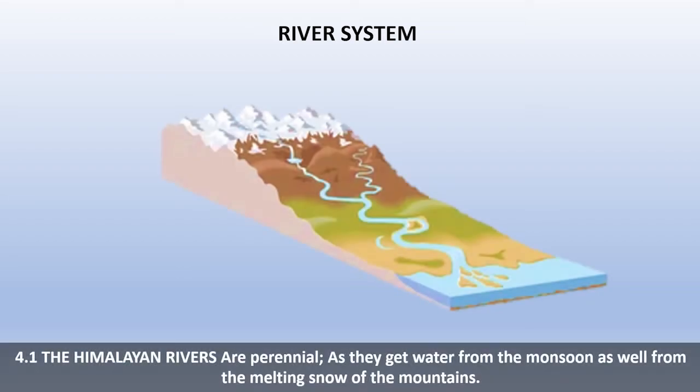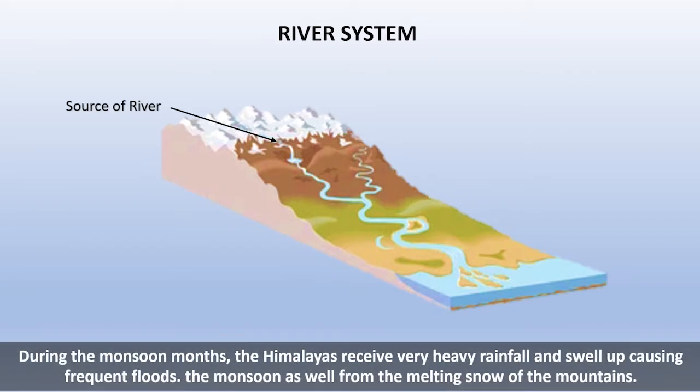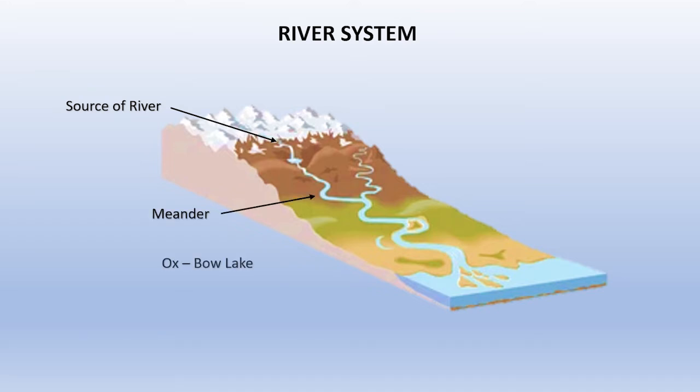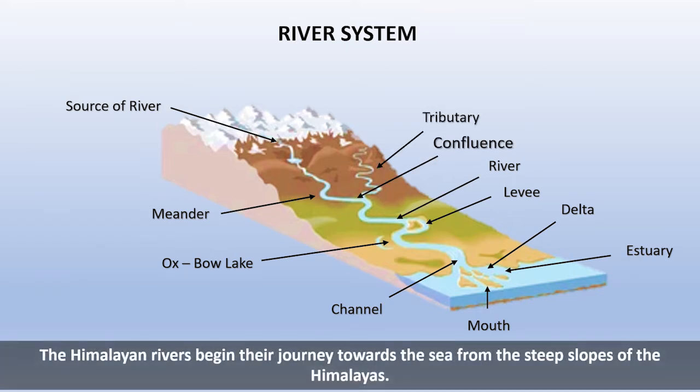The Himalayan rivers receive water from the monsoon as well as from the melting snow in summer. The Himalayas receive heavy rainfall and flood in the monsoon season. The Himalayan rivers originate in the mountains and gush towards the sea following a steep slope. Due to the steep nature of the path of the river, the velocity of the water increases and it erodes